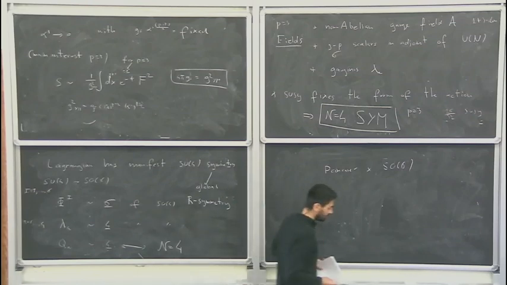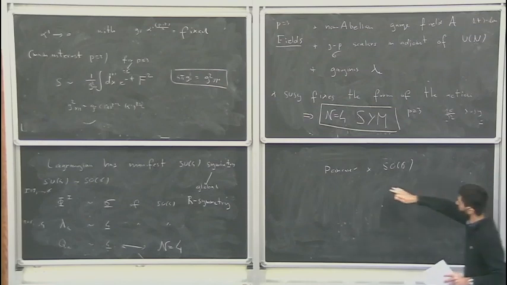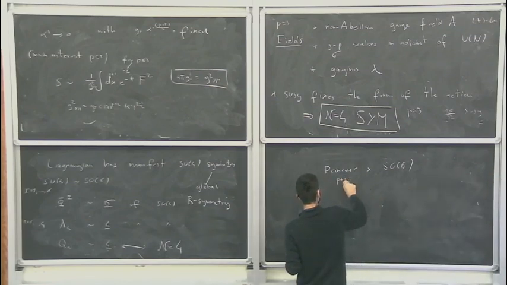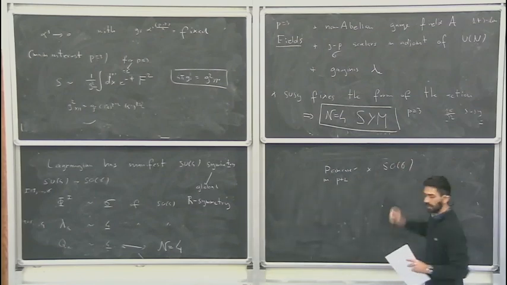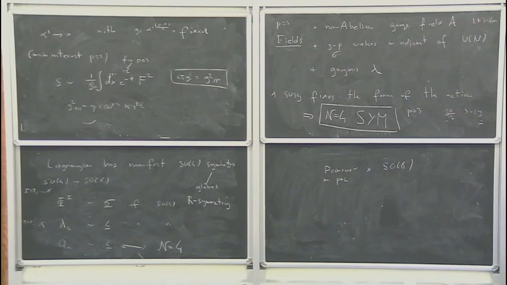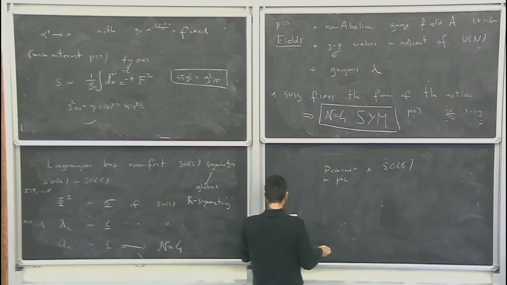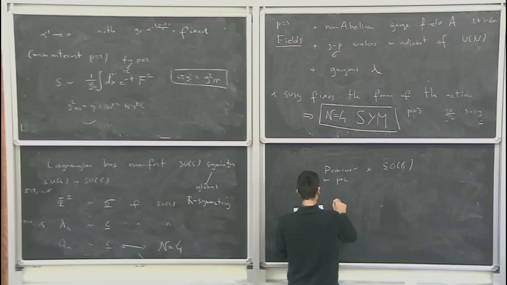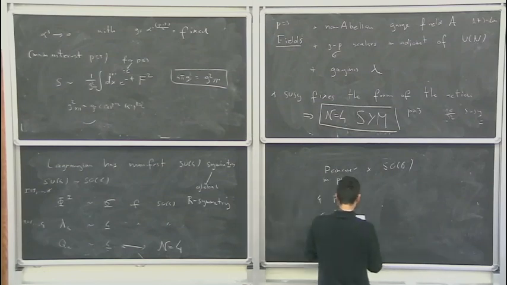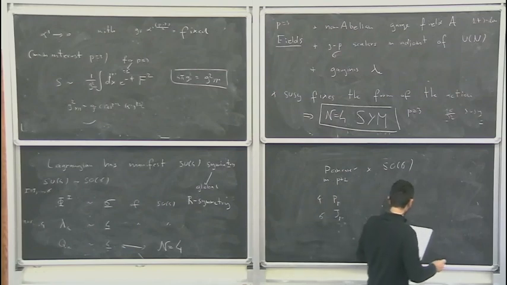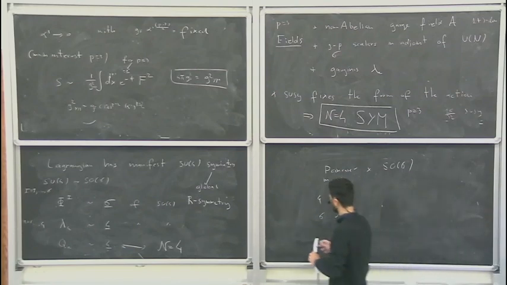And this happens for all p. In the Super-Yang-Mills that you derive from the brane, you always have Poincaré in p plus 1 dimensions times SO(9 minus p), whatever. I mean, that number is the transverse directions. Yes, 9 minus p. So the generators are P mu, J mu nu, so there are 4 of them, 6 of them here. But N equal 4 is special,